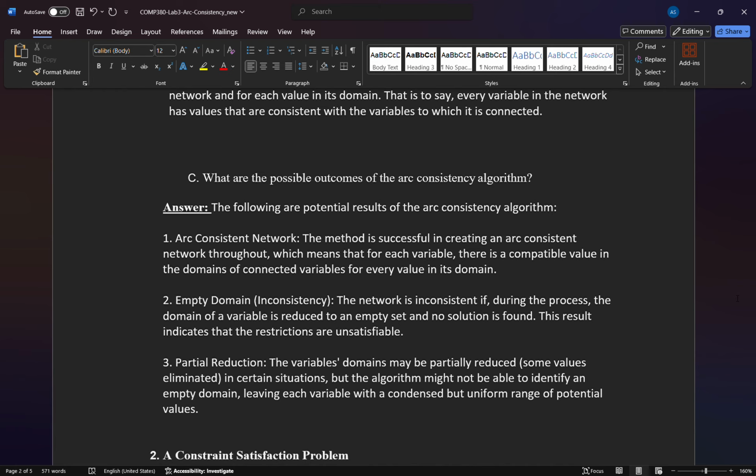Second is the empty domain, that is the inconsistency, which means the network is inconsistent if during the process the domain of a variable is reduced to an empty set and no solution is found. Third is the partial reductions, in which the variable's domains may be partially reduced in certain situations, but the algorithm might not be able to identify an empty domain, leaving each variable in a condensed but uniform range of potential